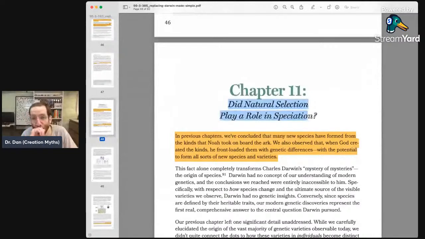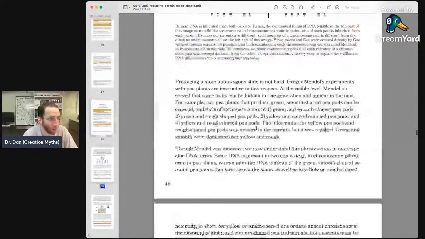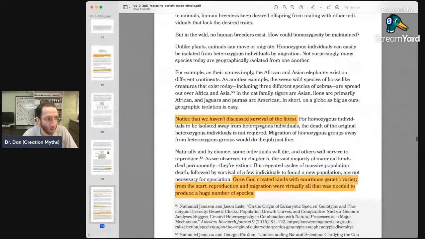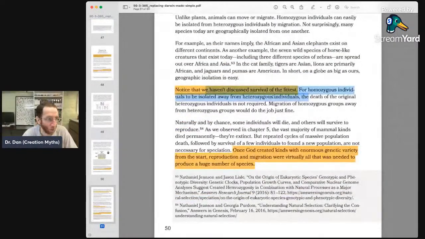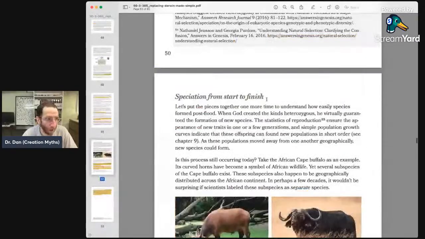Oh my god. So Jeanson argues that the answer is no. He argues the answer is no. So let's find out how, because man, let's do it. Okay, this is his argument, and I'm going to go to the end of this chapter real fast. You see, he talks about genetic stuff, right? We haven't discussed survival of the fittest. We haven't discussed natural selection, right? So this is long. He really gets into it here. So we're going to take a minute on this chapter.